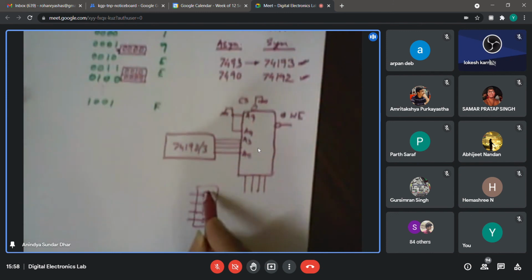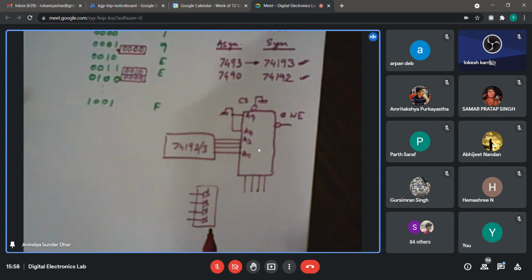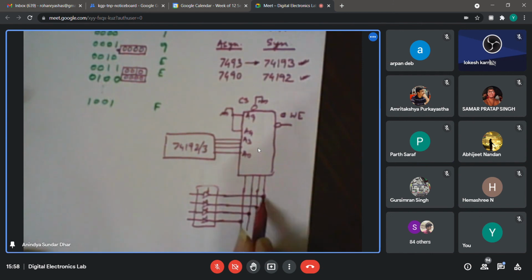So actually there are 4 different lines for these control signals. You need to tie them up separately. Okay, so here, any question? Okay, so these are connected to these lines like this, and they eventually go to that 7447 and display.